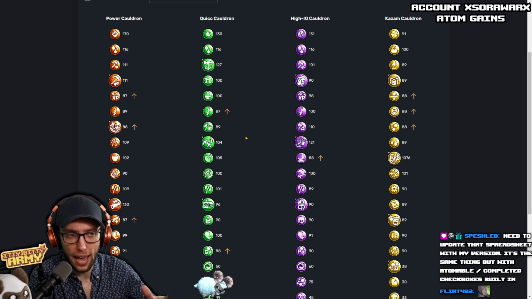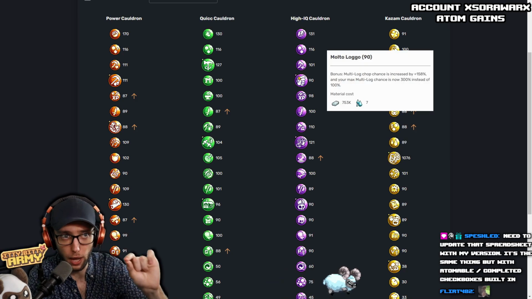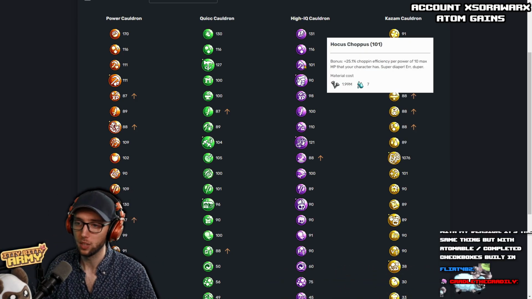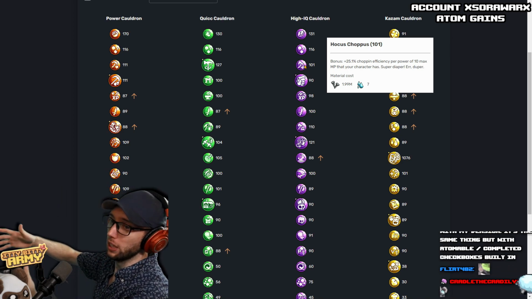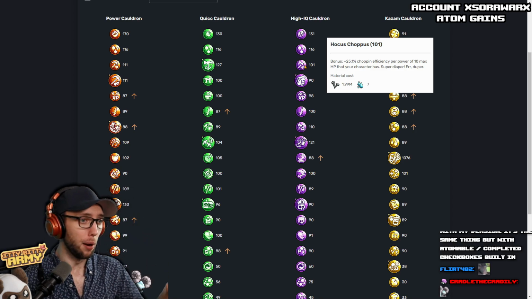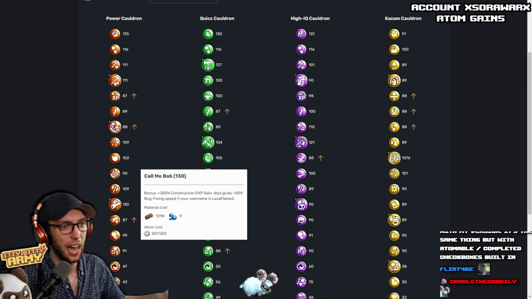Since you don't have a lot of atoms to spend at this point in time, those bubbles alone will help you get a huge amount of atoms. Like you could easily turn your 10 mil into literally like 40 to 50 mil with just leveling up these bubbles. I would stay away from Call Me Bob just a little bit longer,